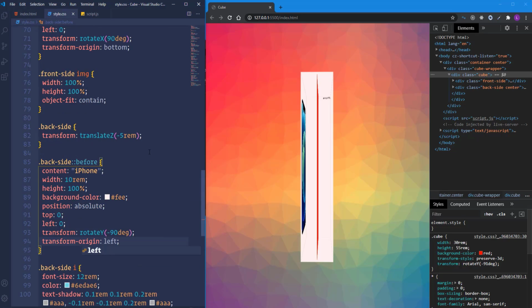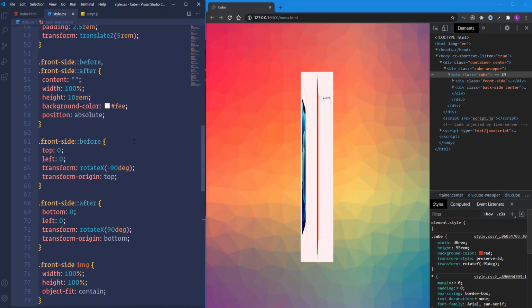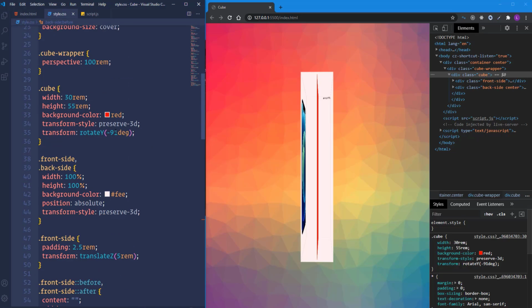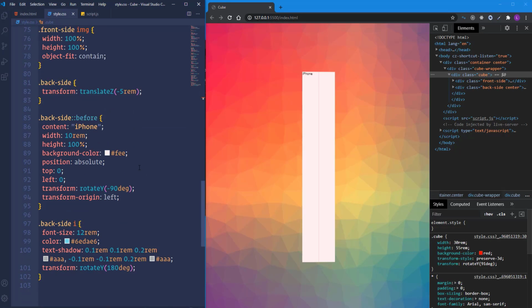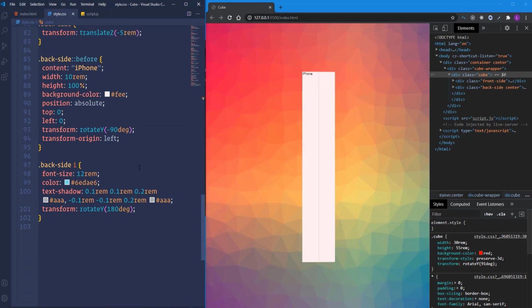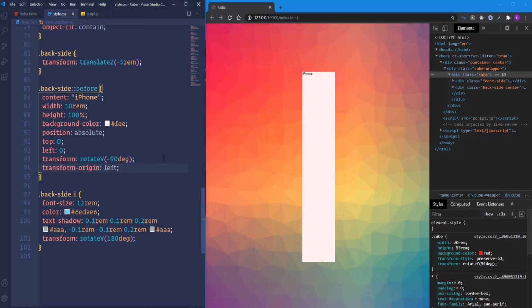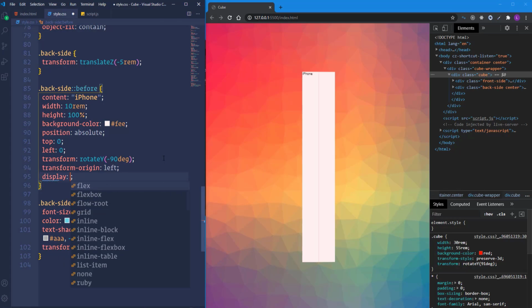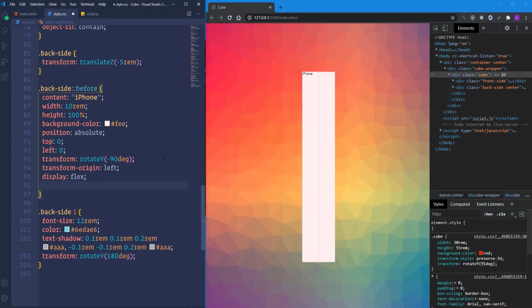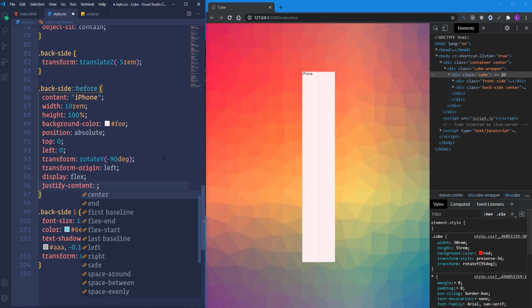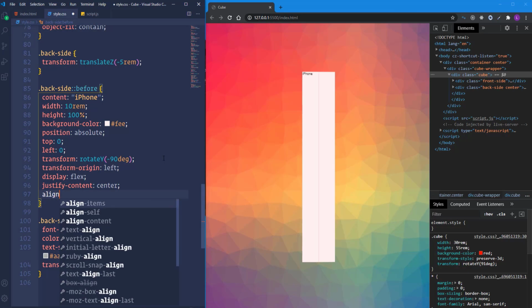iPhone. First of all, let's rotate again the cube. Let's get rid of the minus sign from here. And now I'm going to customize the text. I'm going to place it in the center. For that, let's use display flex, justify content center and align items center.